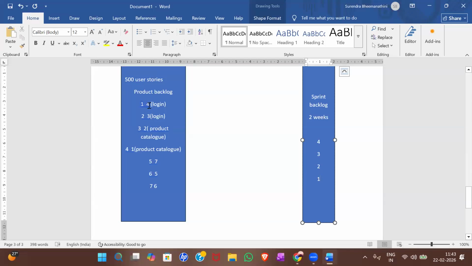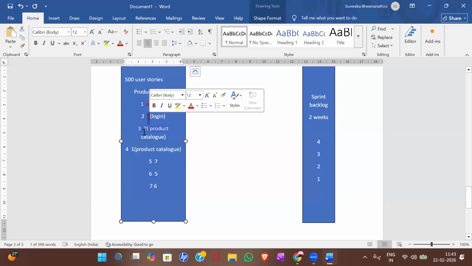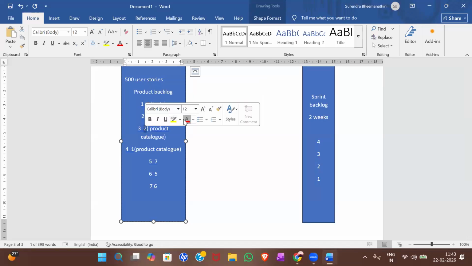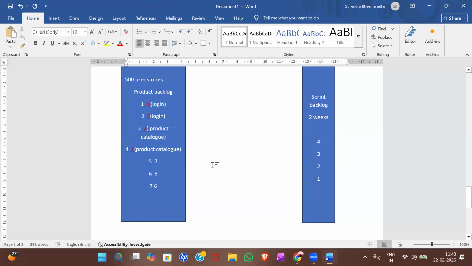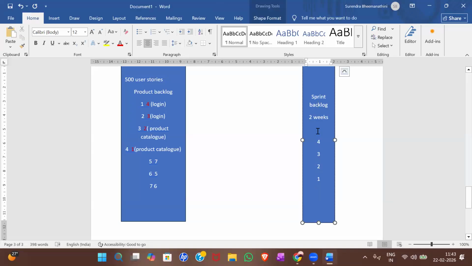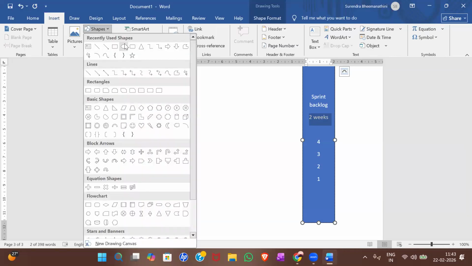Okay. So here let me provide it a different color so that we can say it is moved from product backlog to the sprint backlog. So now these user stories are moved from product backlog to the sprint backlog. So the Scrum team will start working towards these features to provide an output by the end of the 2 weeks. Okay. So before this happens, there is a thing called, let me draw another thing,